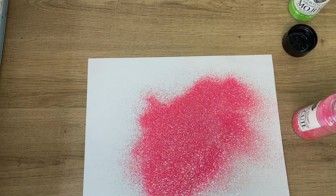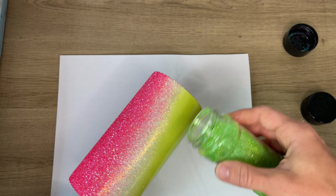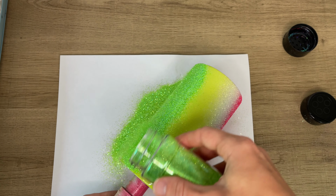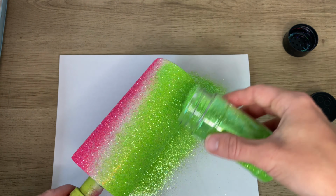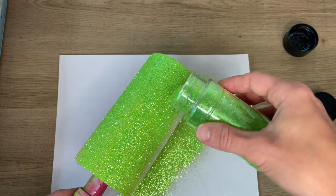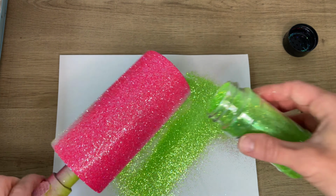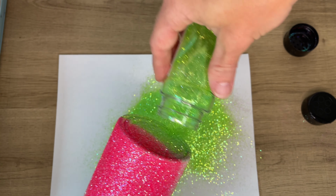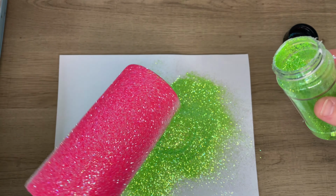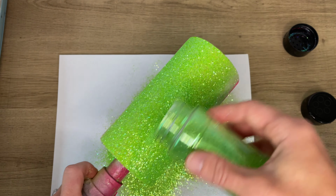Now in between each of these, I am knocking the excess glitter off. Just take a pair of scissors and tap the top of the cup, and that will help knock any of the excess glitter off. Of course, do not forget about the bottom of your tumbler. I really do not put too much attention to it. I just dab it in the glitter once I finish, and then once this has dried for about 4 hours,